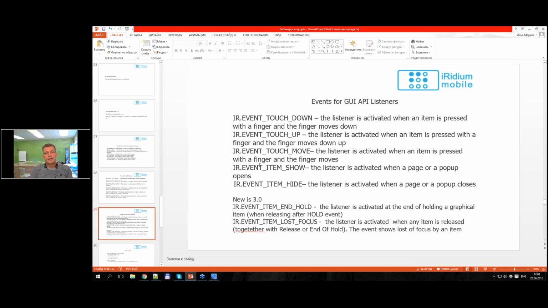Then the next new event is the event item lost focus. The listener is activated when any item is released, and this function works together with release and end of hold. For example,